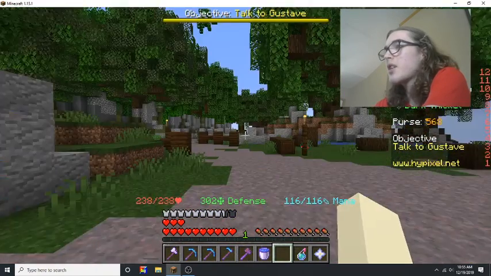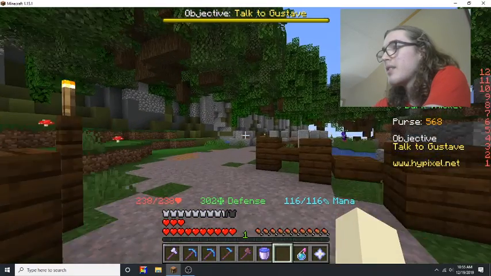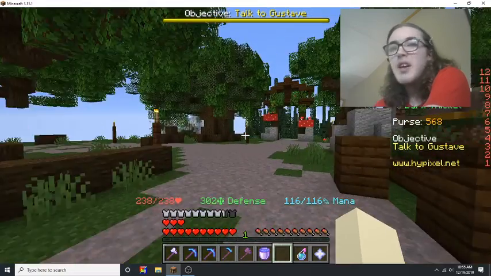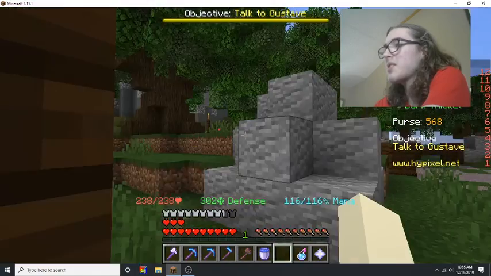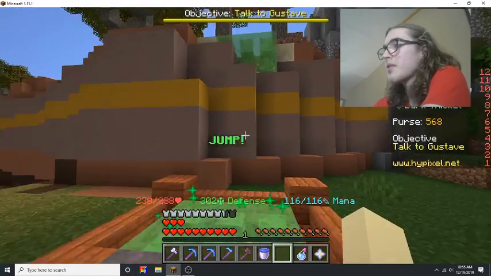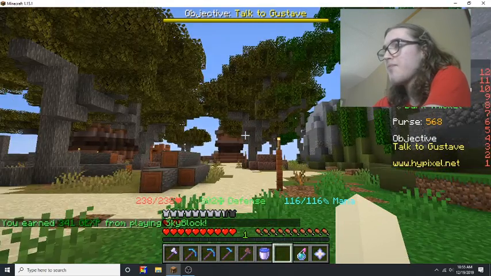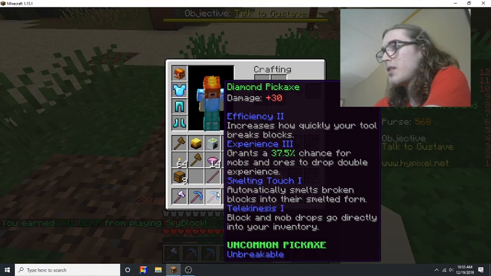Oh yeah, here's the Dark Oak Island. Alright, wait, where's... Oh yeah, I went the wrong way. Okay, so the Dark Oak area. And here's the new Savannah area. And do I have...